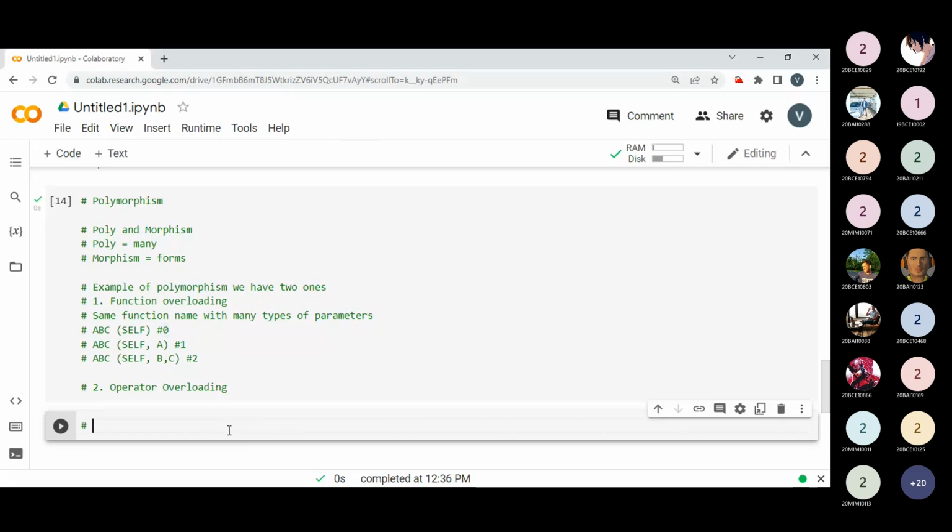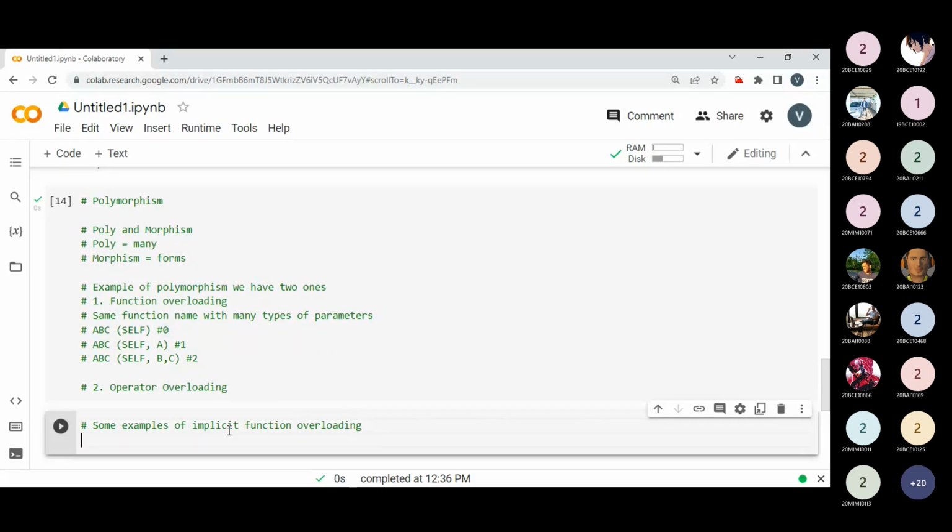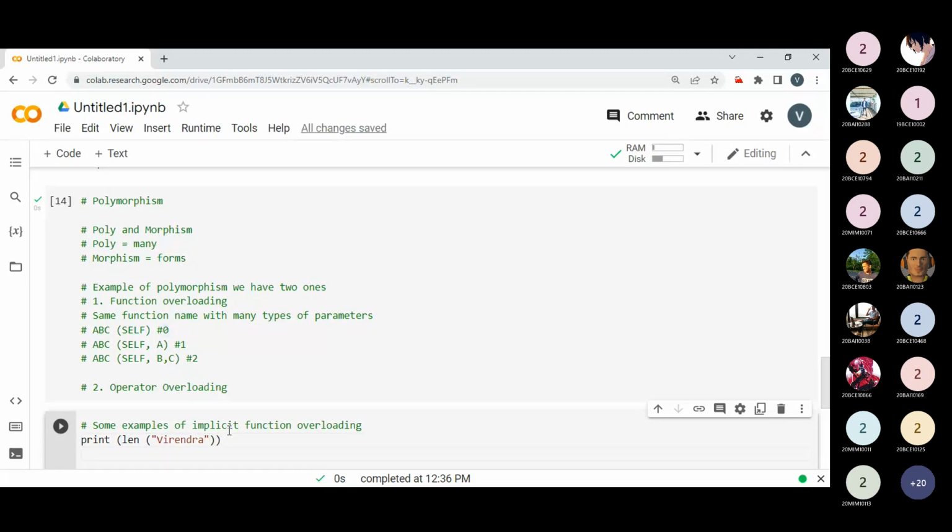Okay. So some examples of implicit function overloading. I'm writing here, no one will explain, this is the reason I'm saying. Function overloading you have already used, but this concept is known as implicit overloading. I'm printing with the print method I'm calling. Please keep in mind, here I'm passing my name. And next I'm simply printing the same